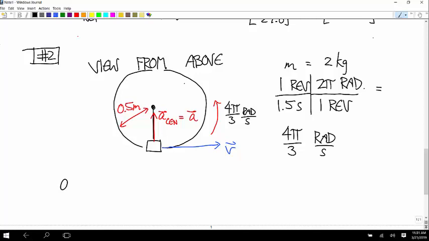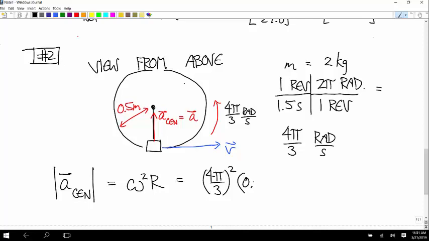The magnitude of the centripetal acceleration is omega squared r, and that's 4 pi over 3 squared times the radius, which is 0.5. So that's 16 pi squared over 9